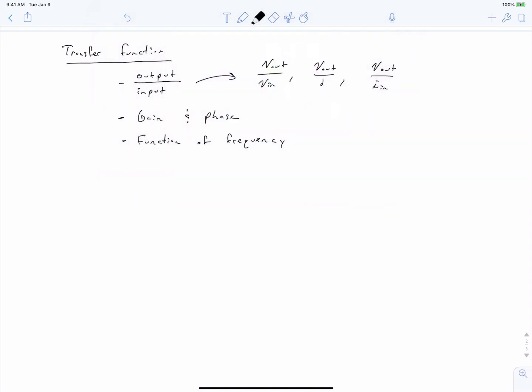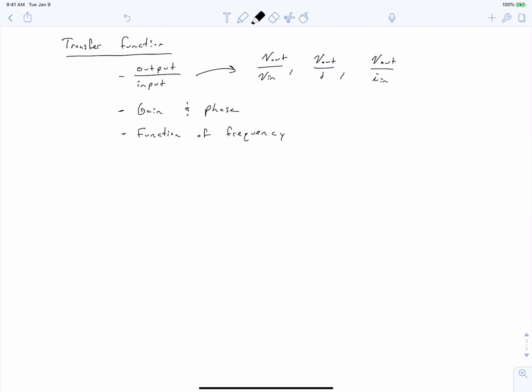Okay, so our transfer function gives us gain and phase information relating an output and an input over a frequency range. And when we talk about power electronics, we have a certain convention for how we express these quantities. We always express gain in decibels, which you can calculate using 20 log times